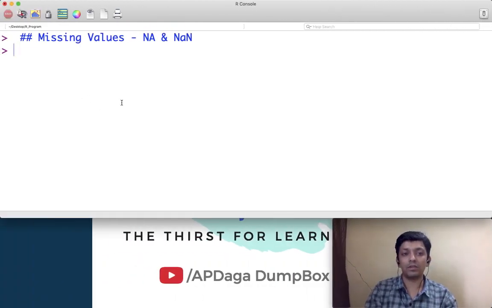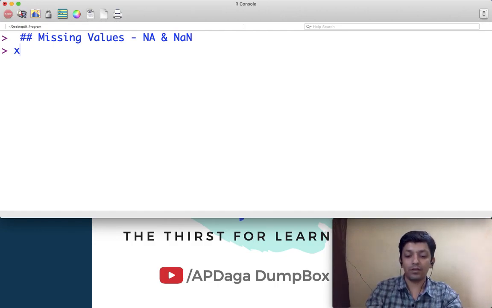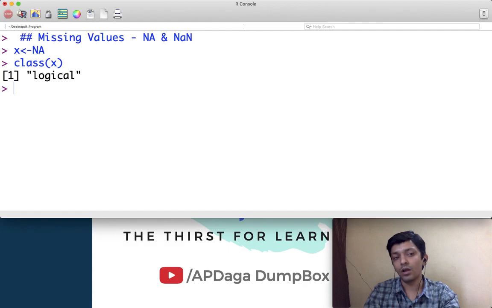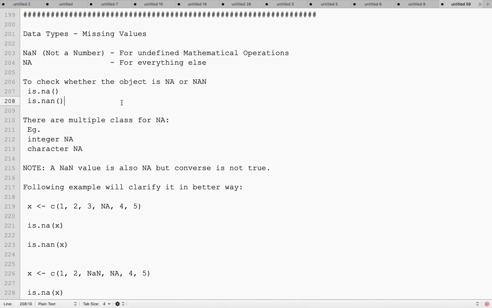Now let's talk about NA. What is NA? If you assign NA to a variable x and check the data type of x, it is logical, but that doesn't mean an NA value exists only in the logical data type. It can be there in integer, character, logical and other data types as well.